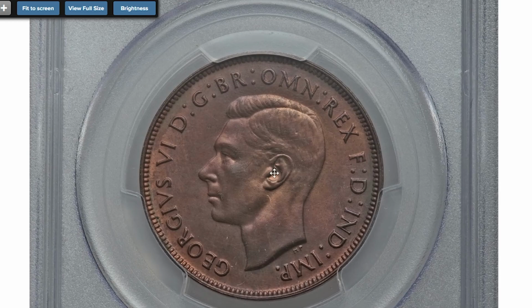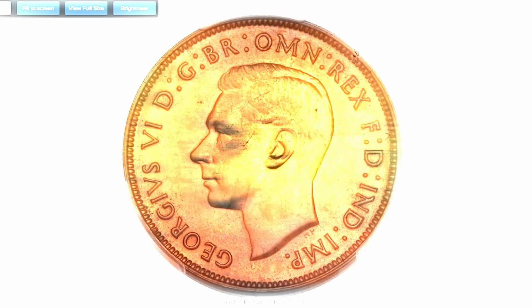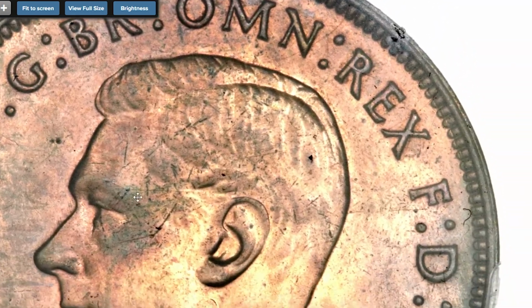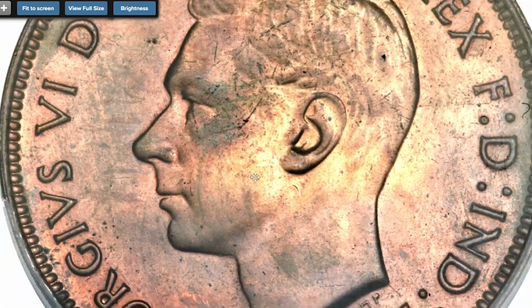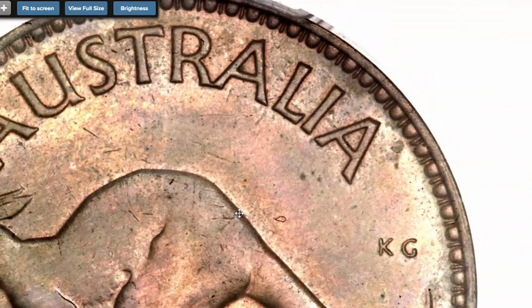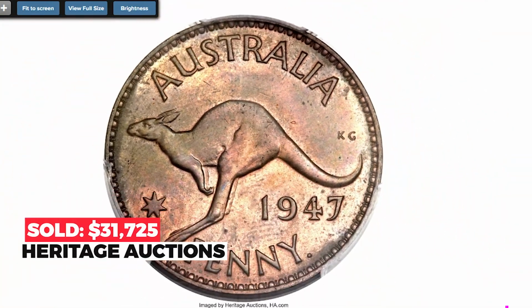Moving on to this 1947 P George VI proof penny issued by the Perth Mint. An impressive gem, free of all visible post-strike handling with muted red coloration that suggests long-term box or envelope storage. The surfaces, largely of gleaming quality, easily distinguish themselves from business strikes of the period. Unlike the majority of business strikes, the strike confidently renders the edges, displaying bold denticles and rims that are sharply squared off. Even though slight planchet chatter remains on the high points, perhaps indicative of the relative unfamiliarity with proofing processes. Sold on April 11, 2014 for